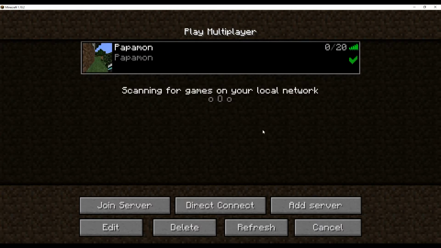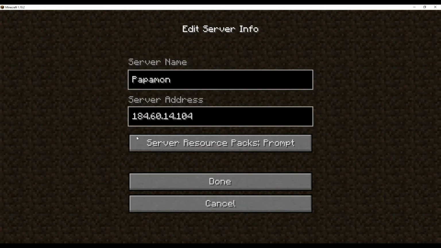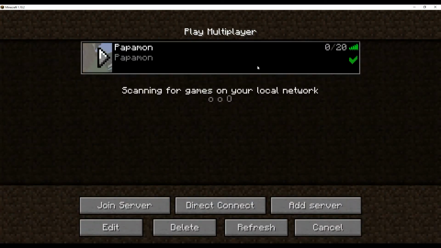and if you don't have a server, you can add a server, and I name it Papamon. And if you go to edit, name it whatever you want, that doesn't really matter, but the server address has to be 184.60.14.104, and then done. And when it searches, you should have this green, everything is a go, and you join